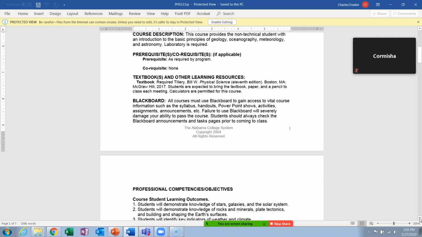So as far as the book goes, it's a great idea to have the book. I know that's probably what you were asking before, because I'll say this at the end of every chapter, I'll say it right now, nothing replaces reading the chapters. So if you can get your hands on some form of the book, a used book, a rented book, a bought book, an iBook, an ebook, whatever, if you can find this book and have it to read, that's going to help you in the class a lot.